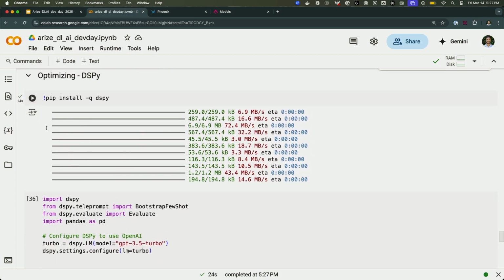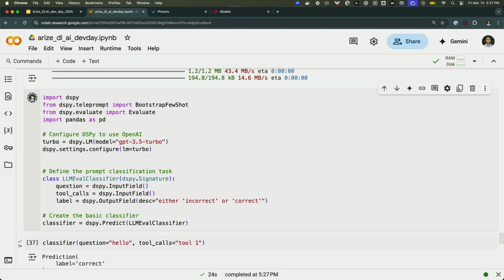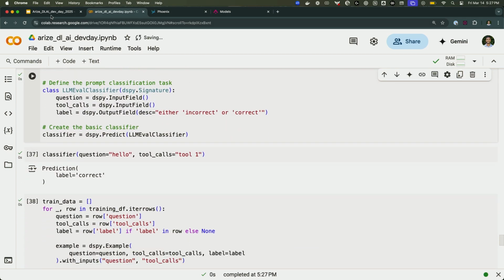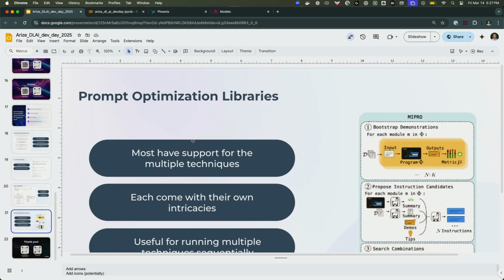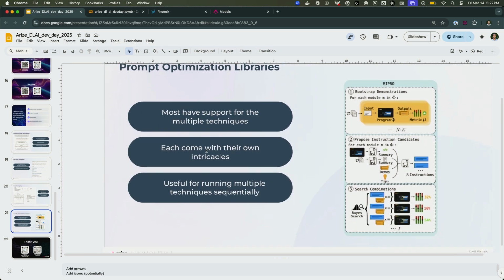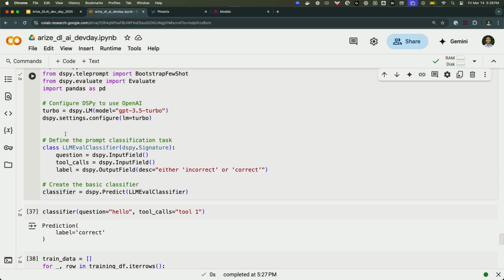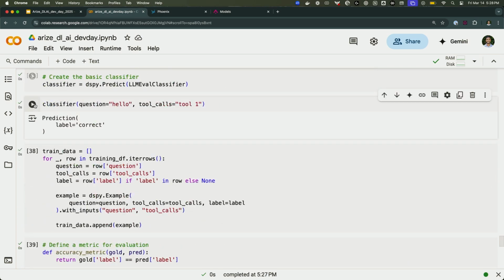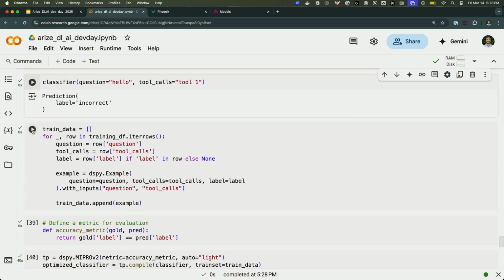DSPy is a package I think many folks might be familiar with. This is actually using a prompt optimization library. Think of this as training a classifier, taking a lot of the traditional ML approaches to write prompts.